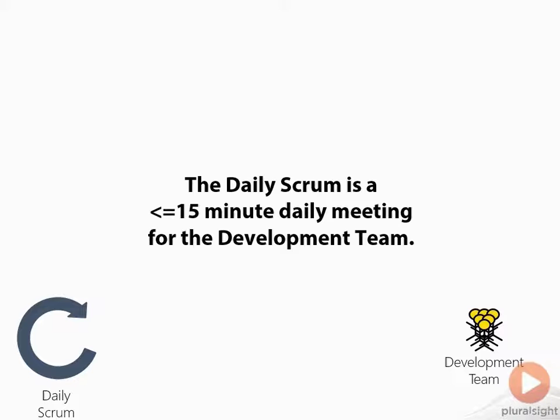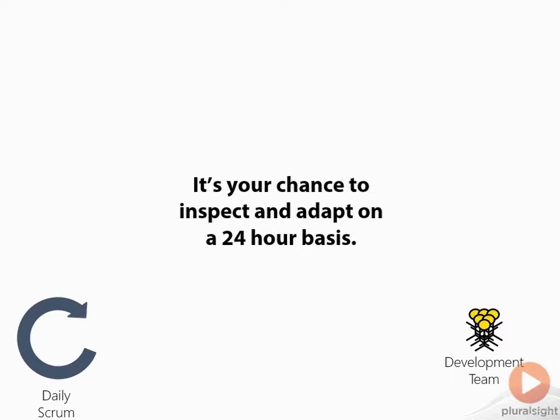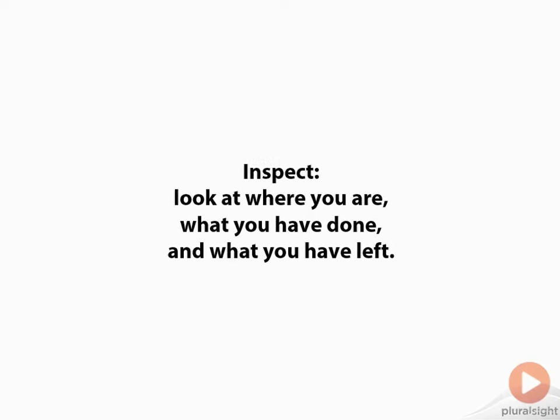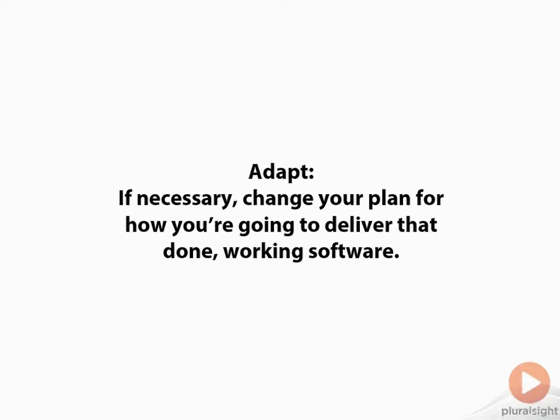the Daily Scrum meeting, and it's for the development team. And it's the chance for the development team to inspect and adapt on a 24-hour basis. Now, this is probably the first time we were saying inspect and adapt, so let's talk a little bit about what that means. And the inspect part is you're going to look at where you are, what you've done, and what you have left in the sprint. And the adapt part is, if necessary, you're going to change your plan for how you're going to deliver that